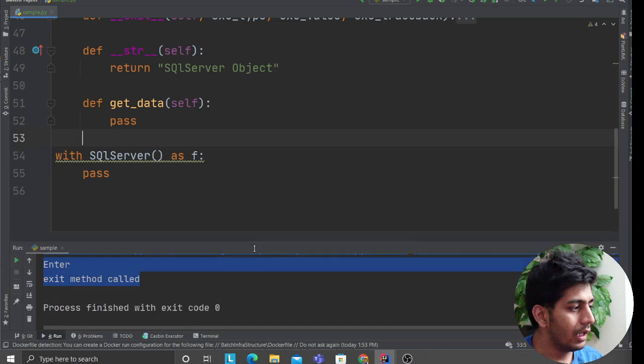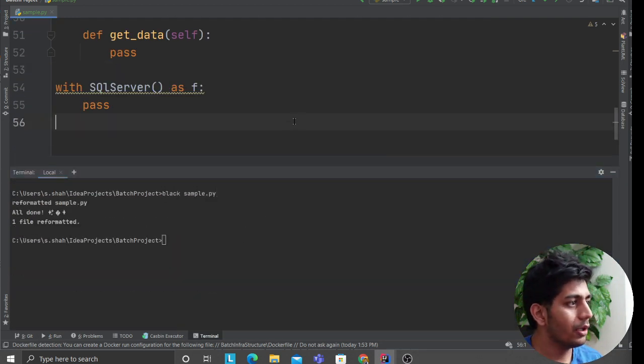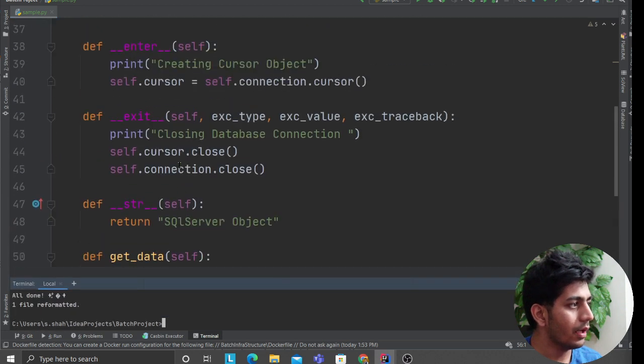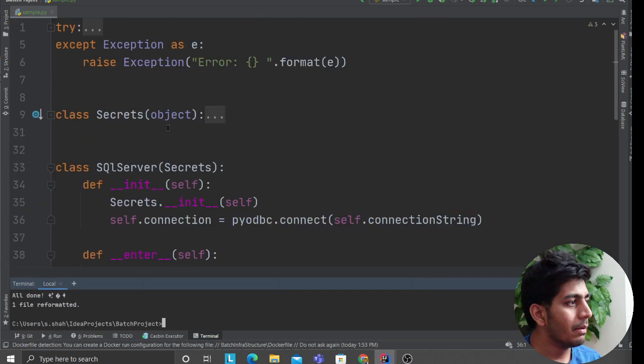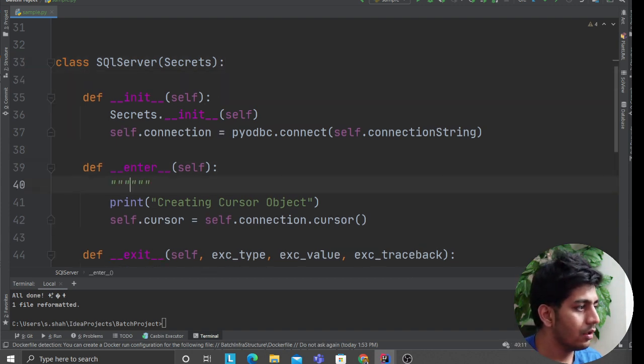As you can see, again, I'll try to use the tool black to format my code. So black sample.py, it reformatted my code according to PEP8. Remember, a good programmer would always try to write comments, right? So essentially,